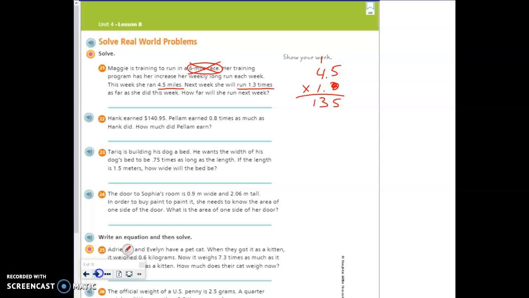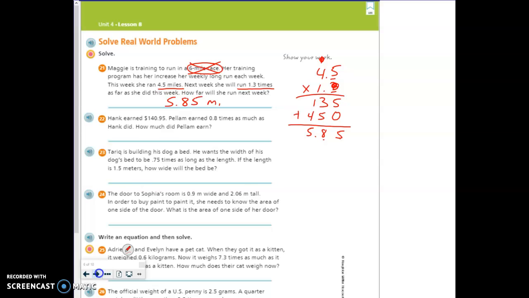Done with the 3, done with this 1. Make sure I put my 0 placeholder there. 5 times 1 is 5. 4 times 1 is 4. So I'm looking at those for my 2 partial products. I add those 2 together. 5 plus 0 is 5. 5 plus 3 is 8. 4 plus 1 is 5. 2 numbers behind the decimal point in my problem, 2 numbers behind the decimal point in my answer, so I should have an answer of